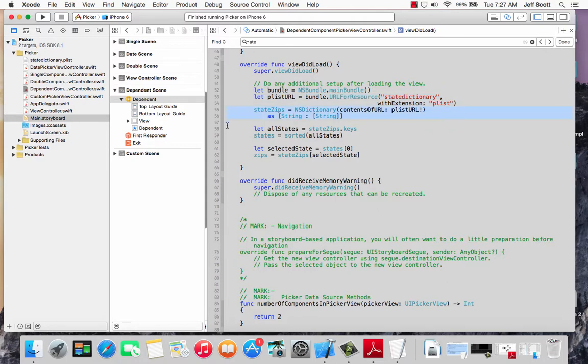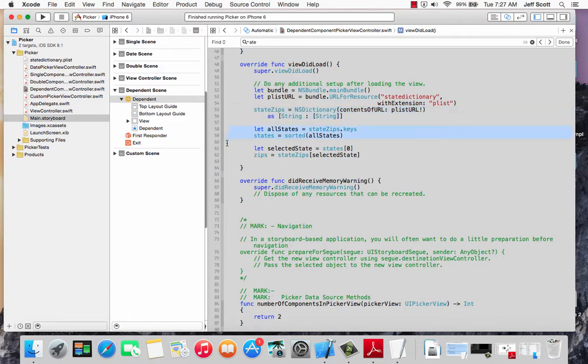Now, in the middle of the page, they mention that the Swift dictionary type has no convenient way to load data from an external source. However, the Objective-C NSDictionary class does, so that's why we're using the Objective-C NSDictionary methods. To populate the array for the left-hand component, which displays the states, we get all the keys and assign those to the states array. But first, we go through and make sure that we set this up so that it's